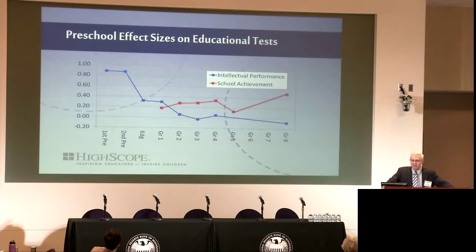I'm afraid the chart that we've had of IQs going up and down and so forth has become iconic, and I wish it hadn't. This is a different way of presenting the data. This is both intellectual performance and school achievement. And the red is school achievement, you'll notice, and the blue line is intellectual performance. And that's time at the bottom, and then the scores and effect sizes on the left.